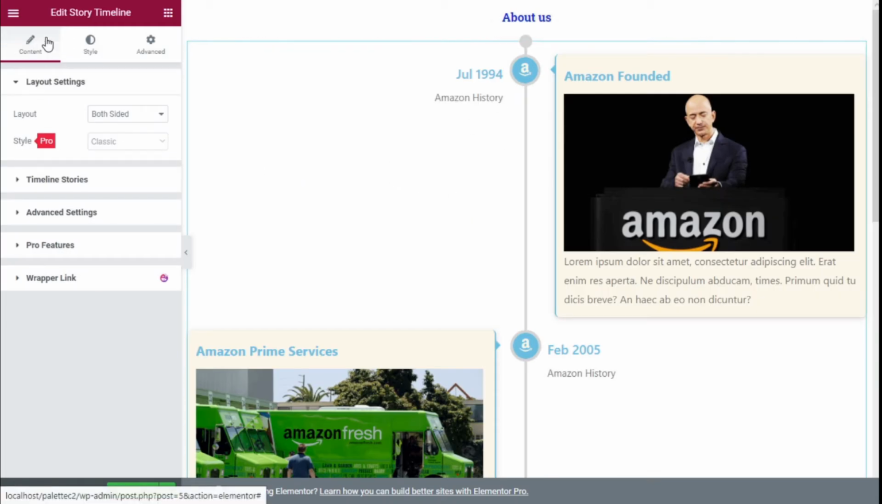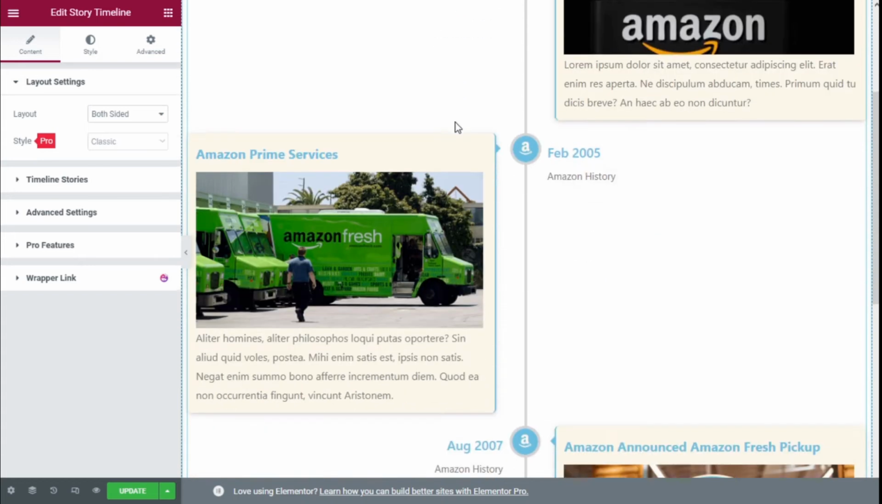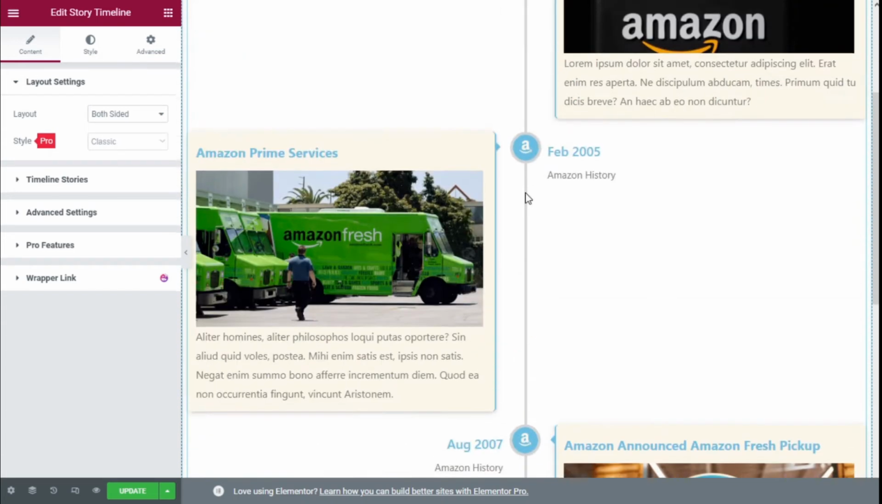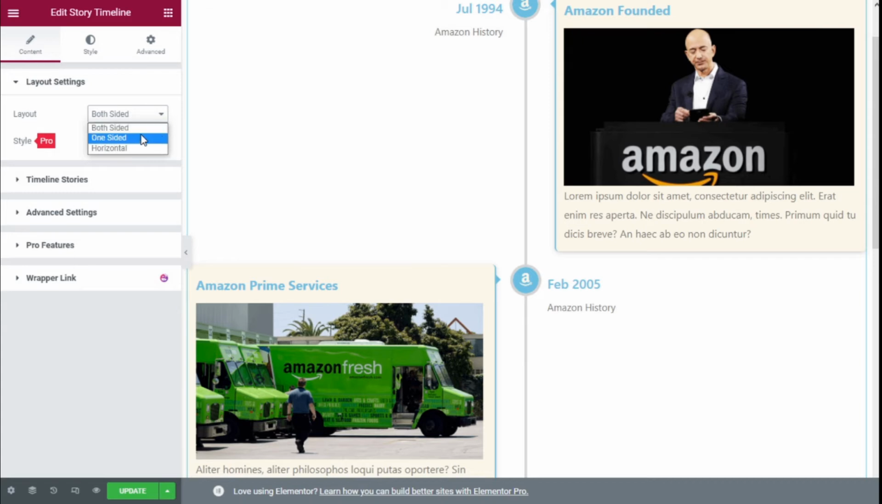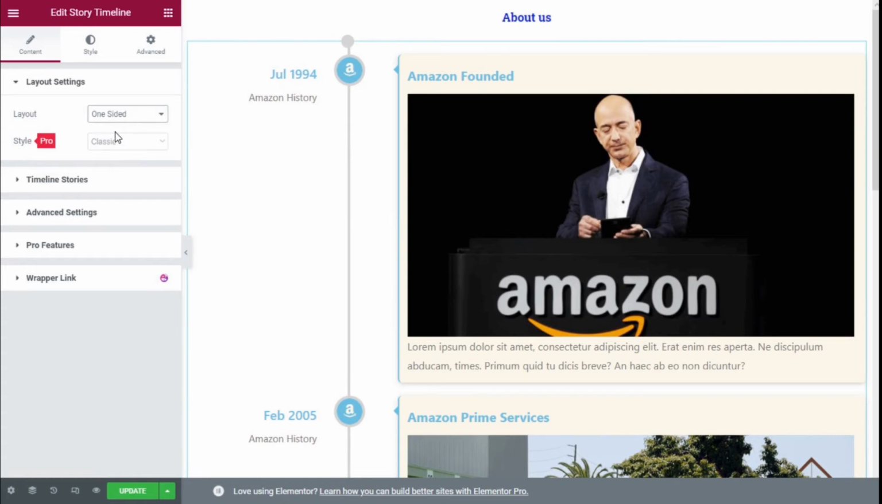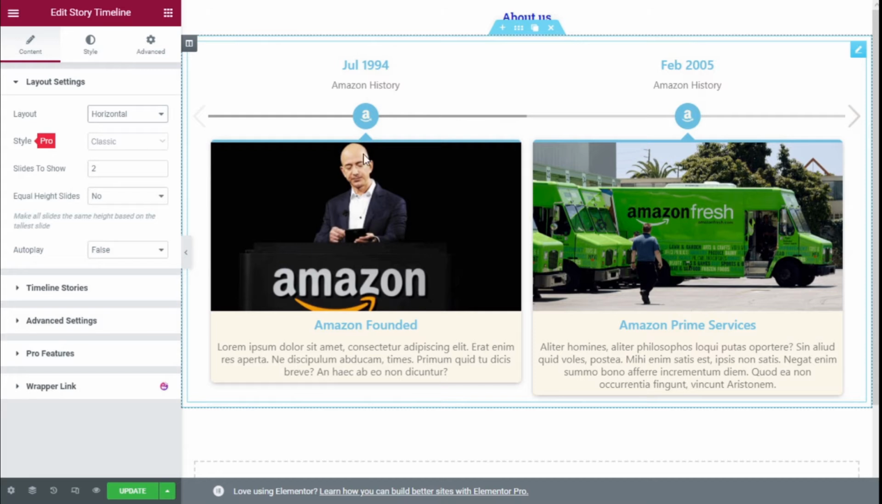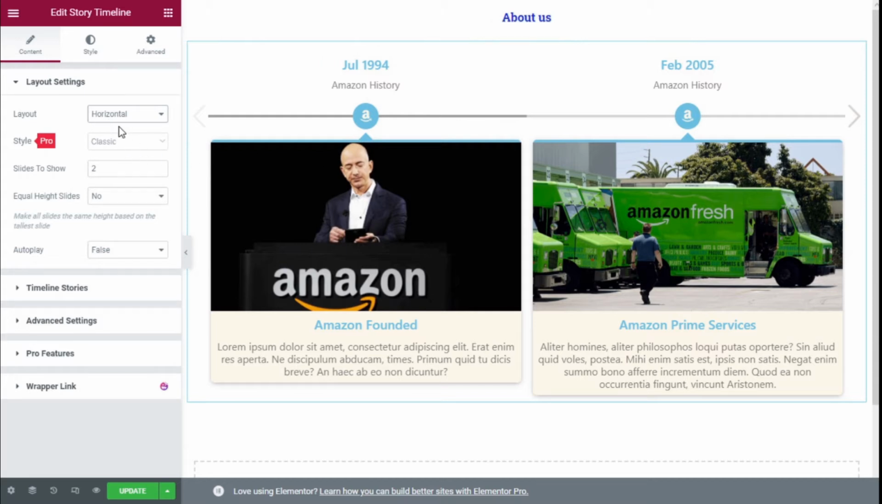Now we have a few options for the contents. We have layout settings, and we create our storyline on both sides. It says here one-sided like this, or we could use a horizontal timeline. So now we are going to use the horizontal for this example. We can select the slides to show, could be 2, 1, 3 or more. So we are going to use 3,